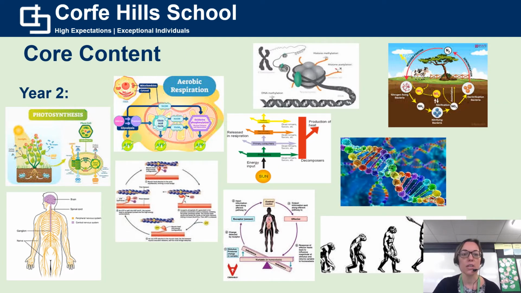In Year 2, students build on some of the content from Year 1, but also have some new content to cover. That includes a section on energy transfer in and between organisms, such as photosynthesis and respiration, biomass and food webs, nutrient cycles, such as nitrogen and phosphorus, how organisms respond to changes in their internal and external environments, such as survival and response, receptors, the nervous system, muscle contraction, homeostasis, including the control of blood glucose and